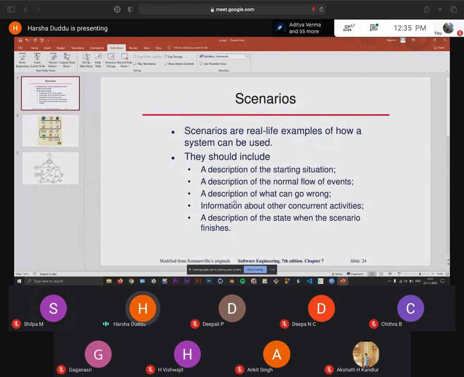Start. Good afternoon, everyone. Today, I'll be talking about scenarios. Scenario is a technique that is part of the requirements elicitation process. Elicitation is essentially deriving information from the stakeholders pertaining to the proposed system based on an outline requirements document. Scenarios describe a specific use of a proposed system.